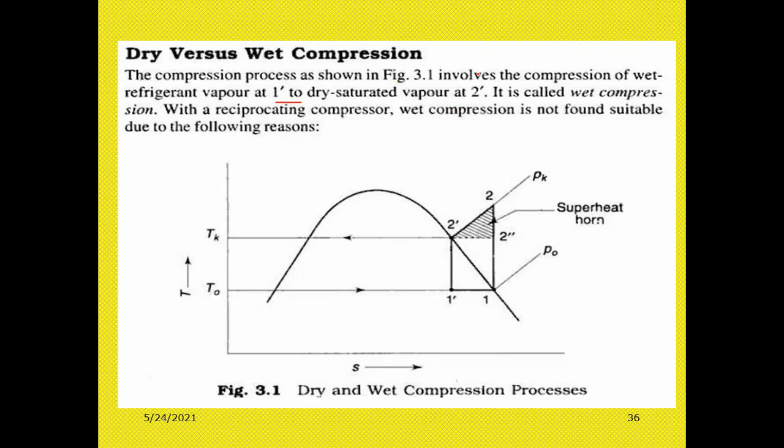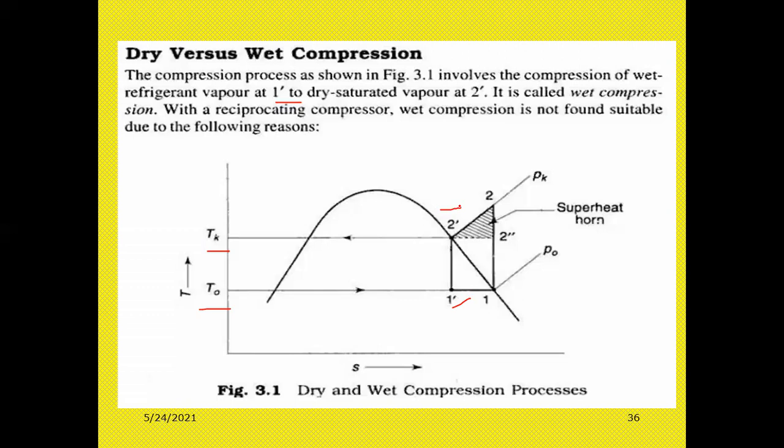So obviously, the comparison of refrigerant vapor. See here, the temperature is on the y-axis, T0 and Tk, and the entropy is on the x-axis. See here, the wet refrigerant vapor at 1 dash goes to the dry saturated vapor at 2 dash. Whatever compression takes place between 1 dash and 2 dash